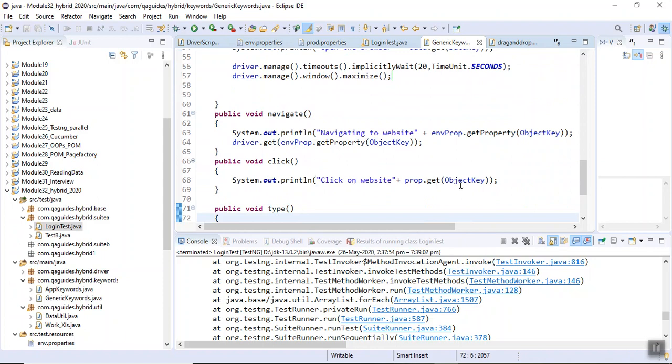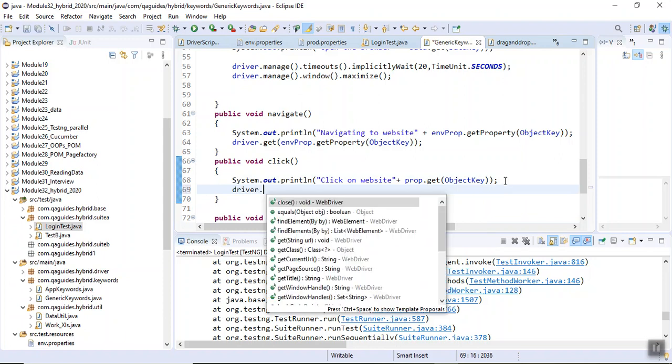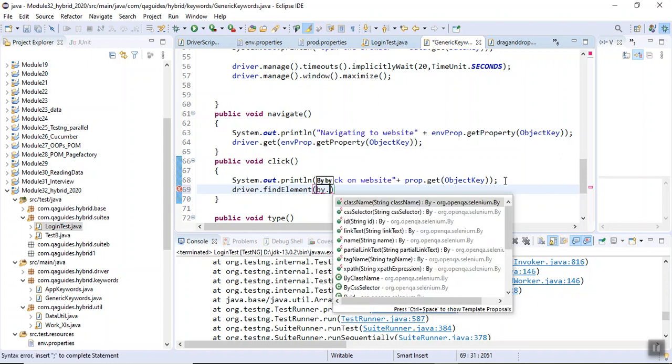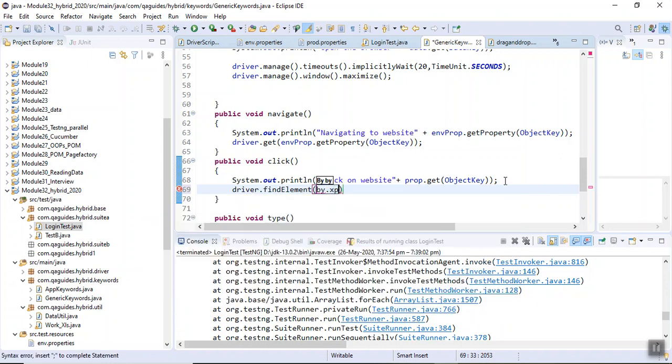If you want to click on any object, then I can directly click from here. Driver dot find element by dot xpath.